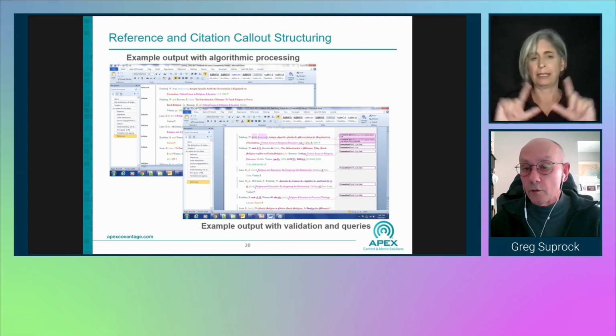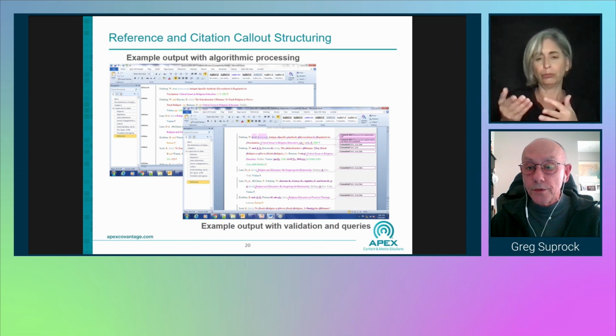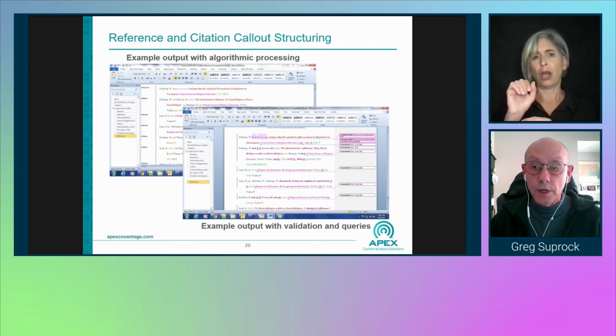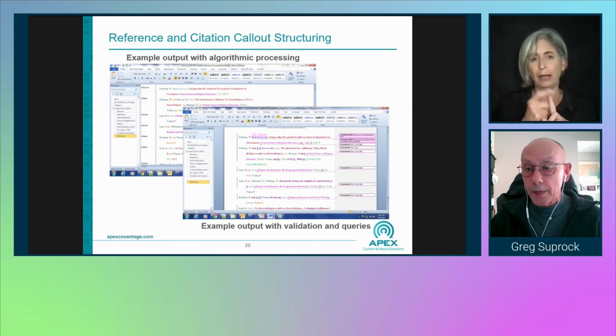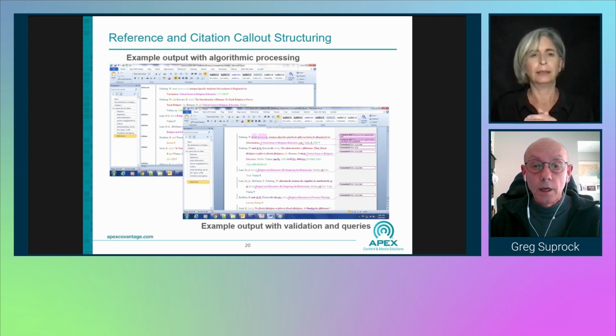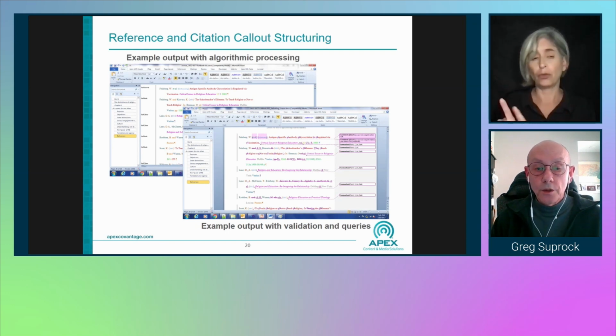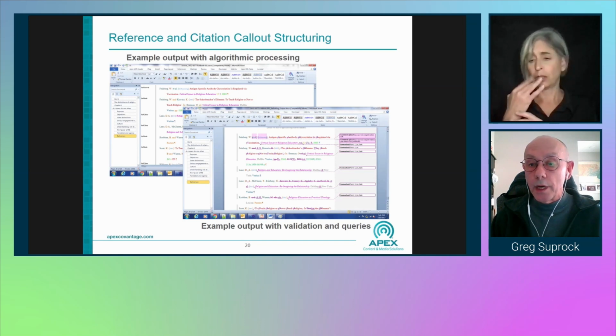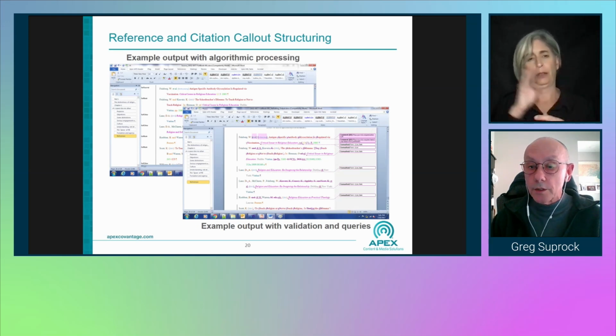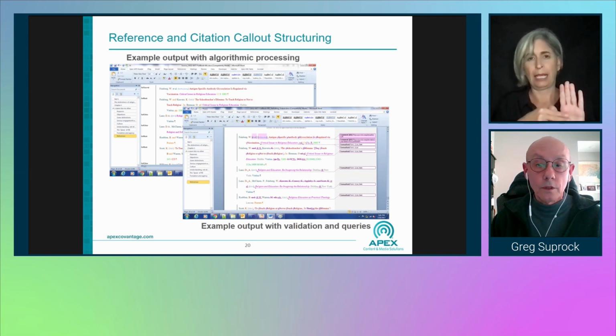We have software that will go through and auto parse references after we've queued it up with the reference structures we're expecting. So that's an acceleration process that we have. And what I show you in the other slide, for those of you that are able to see that, there's a color-coded breakdown that happens with those references so that each part of the reference is keyed up with a character styling that allows us to be able to create XML tagging that can be used in the generation of